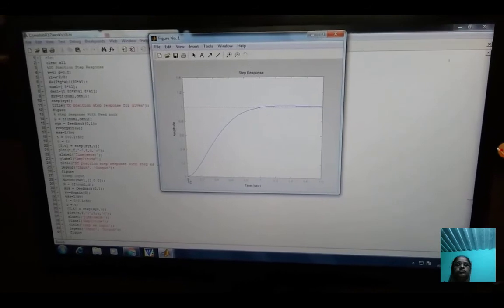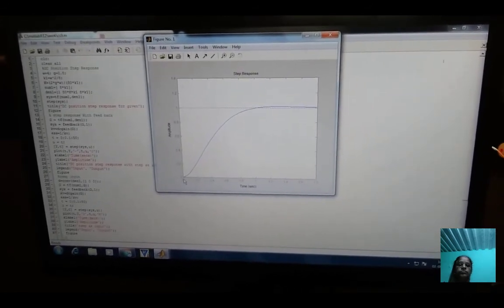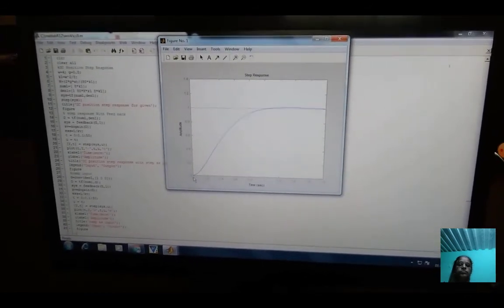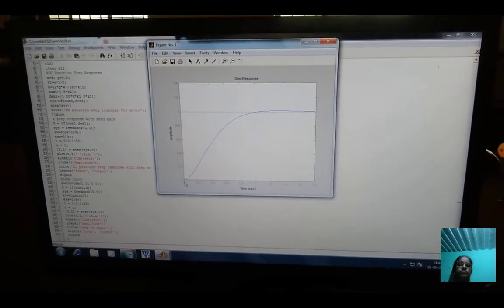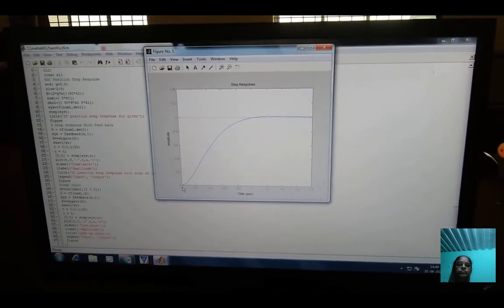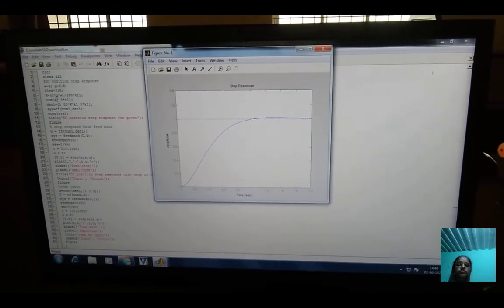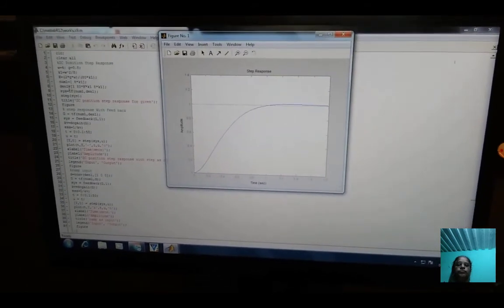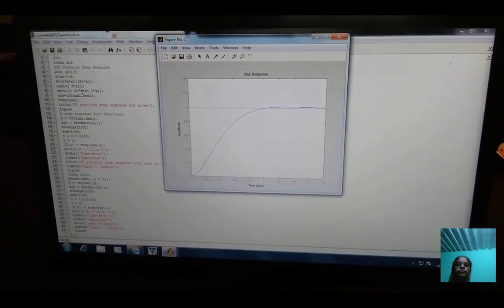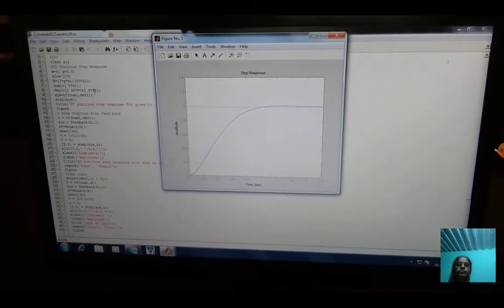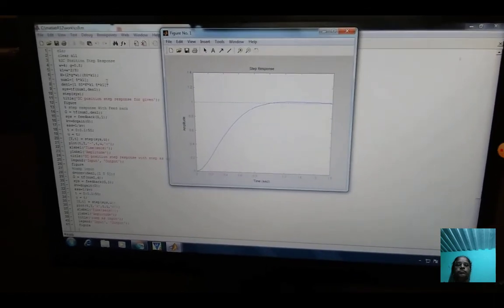So for our given transfer function, what is our transfer function, that is 8k1 divided by s squared plus 80k k1 s plus 8k1. Here I specified the numerator 8k1, and the denominator 1, s squared, 80k into k1, and 8k1. This is the transfer function.